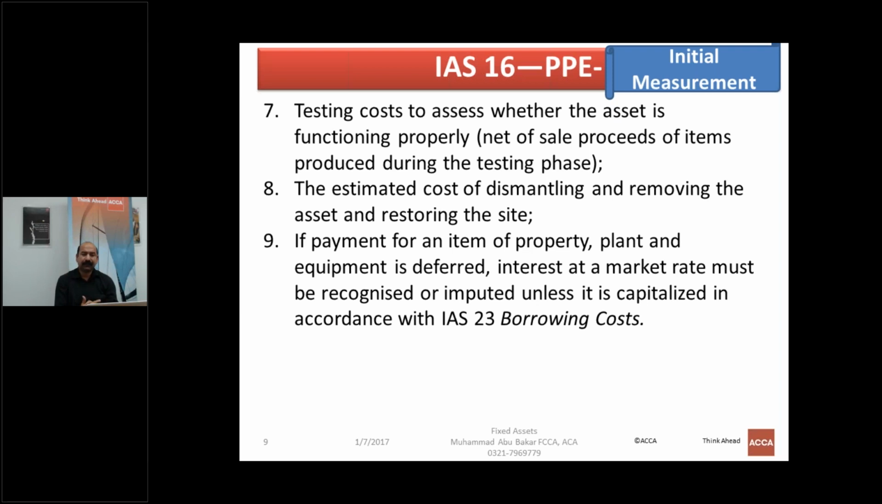Examples of costs that are not part of the cost of an item of property, plant and equipment are: cost of opening a new facility, cost of introducing a new product or services like advertisement and promotions, cost of conducting business in a new location or with a new class of business, and staff training costs. Especially keep this in mind. These are not costs which should be included in the cost of the asset. Okay, now let's